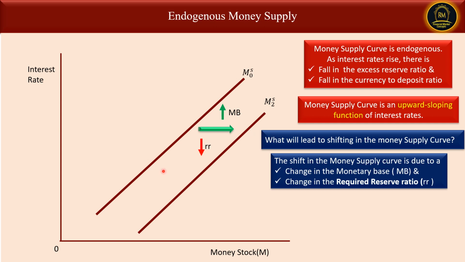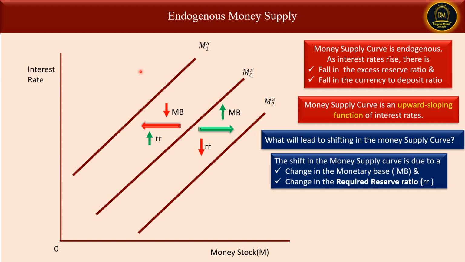This is showing that the money supply curve shifts from this M0 initial curve to M2. Now consider that the central bank decides to reduce the monetary base or high powered money and increase the required reserve ratio. This is going to reduce the money supply, and the money supply curve will shift towards the left. This is called the shifting of the money supply curve towards the left, which shows that money supply is reduced